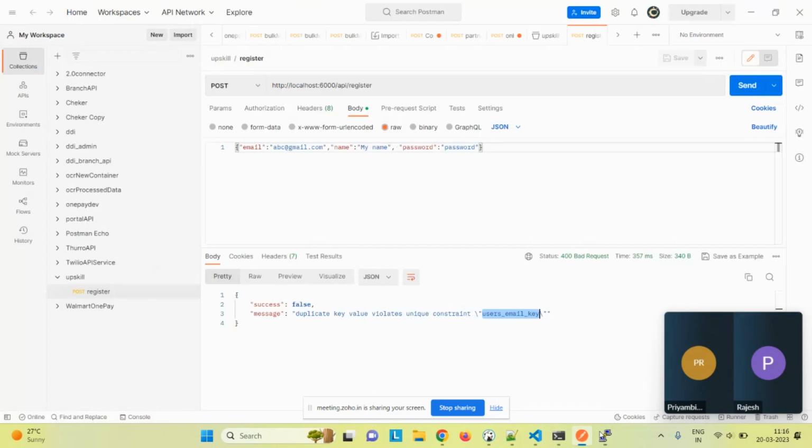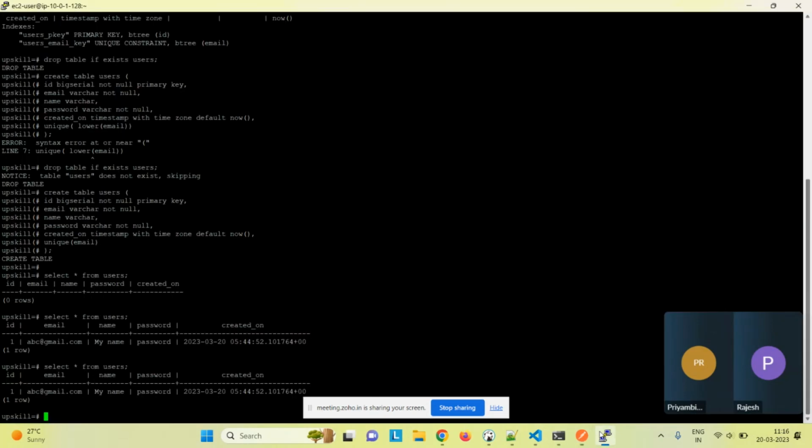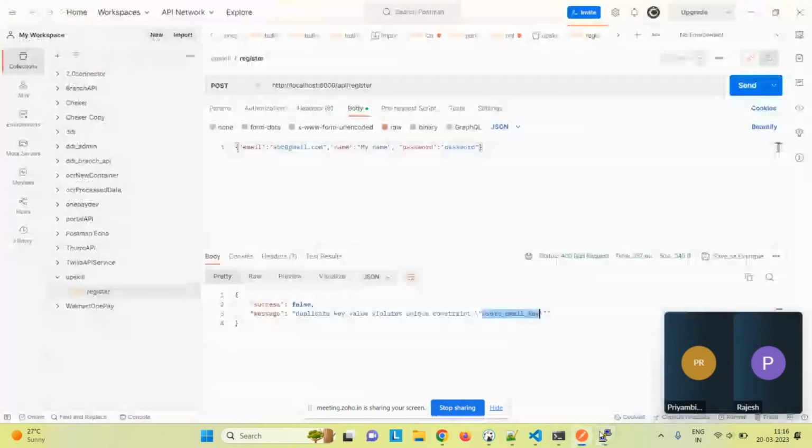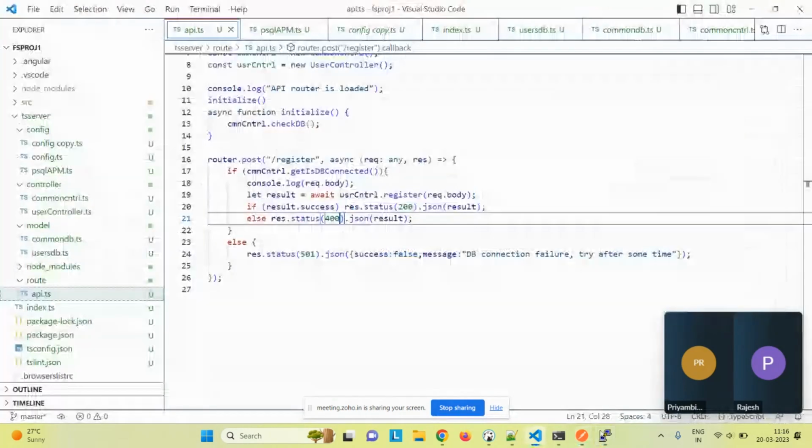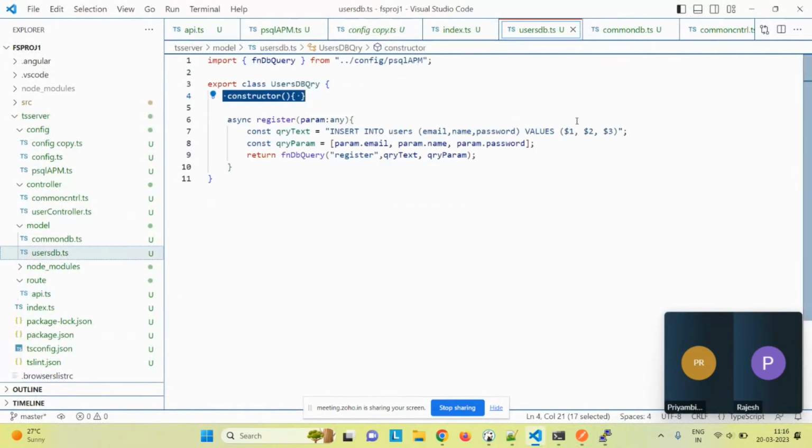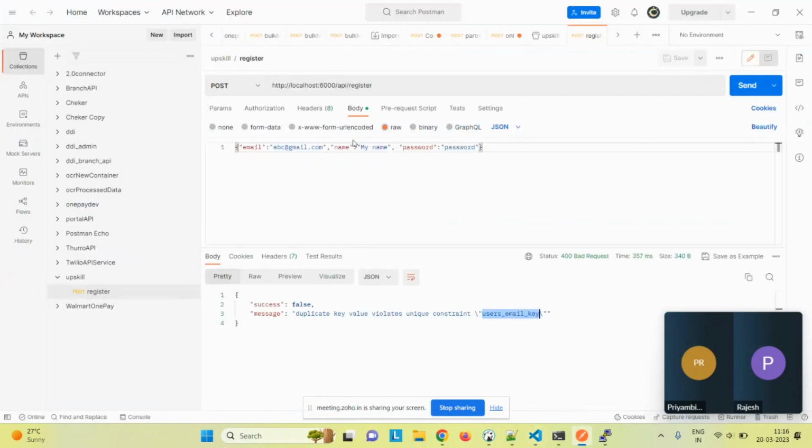So now I want to return the user ID. You can do that as well. That is nothing but returning. You just have to use the word returning in this. Returning ID. If I use returning ID, when a new user I'm creating now,